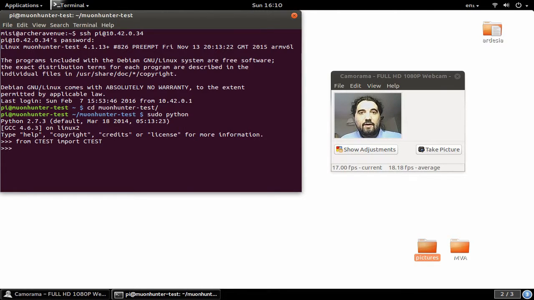And then to use it you need to create a test instance. So you're going to call this test1. The first argument of the constructor is the input pins of the GM signals. This is 18 and 22 in this case. And the coincidence signal is 23. So we created the test instance.